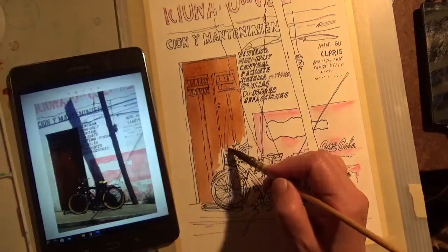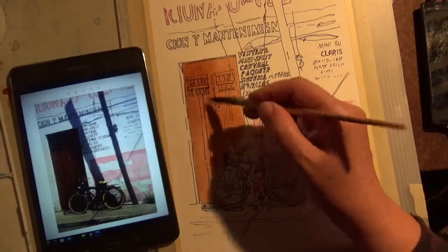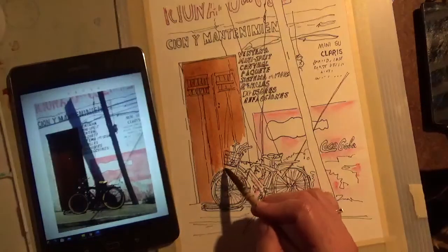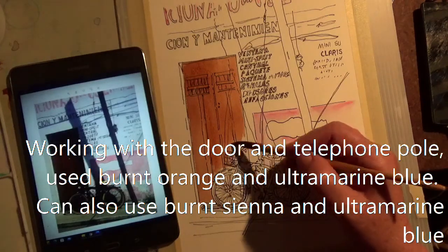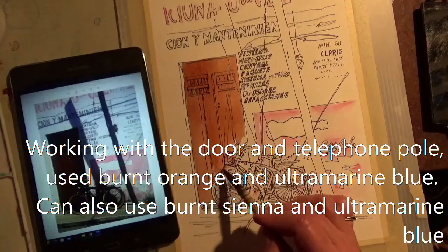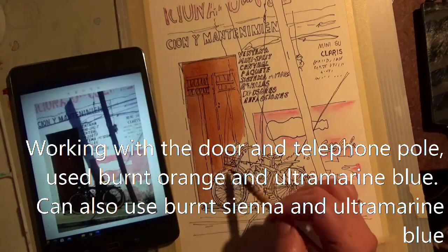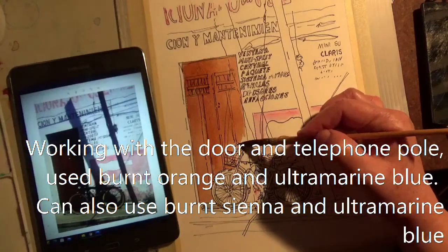Now the basket you can hardly see, so I am going to paint right through the basket, except for the area where there's some highlights right along here. There's something in the basket at that point, and there's some reflection, and there's some reflection of the material around the bike handles. Okay, and now just watch around the bike handles,